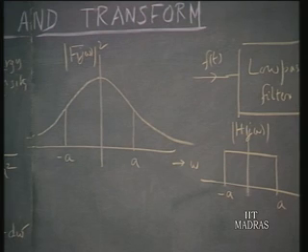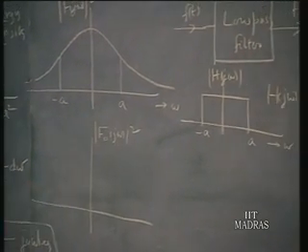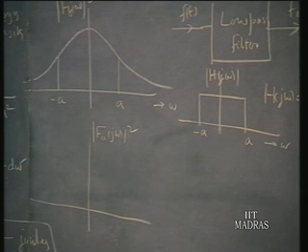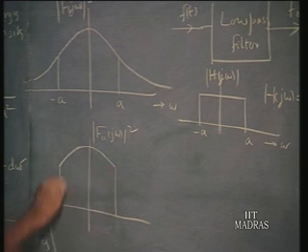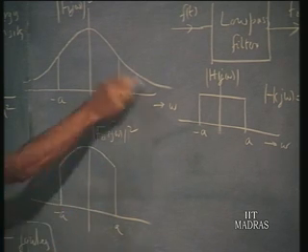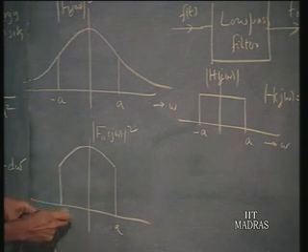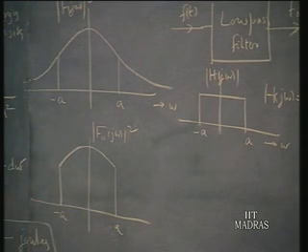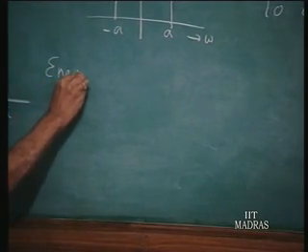as far as the output is concerned, f naught of t, the corresponding energy density f naught of j omega squared would be the one which contains frequency components within this band only. That means it will have only this minus a to plus a, the rest of the terms being cut off. And so suppose I want to know what is the energy available from f naught of t, then you have to take the same function but integrate between minus a to plus a rather than from minus infinity to plus infinity. So we have the energy available from f naught of t